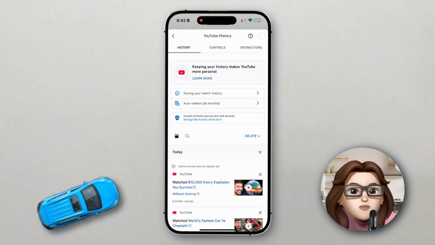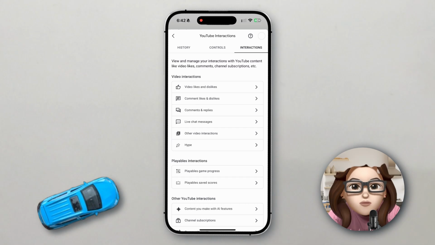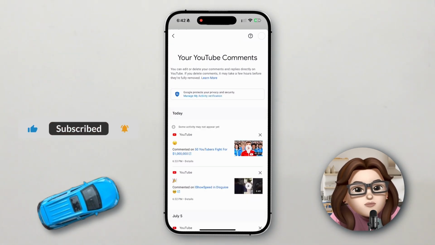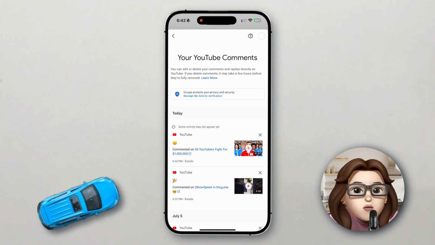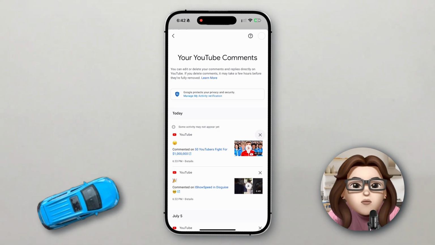Tap the Interactions tab at the top right, then scroll down and tap on Comments and Replies. You'll now see a list of every comment you've made on YouTube. To delete them, just tap the small X next to each comment. There's no single button to delete everything at once, but it's quick and easy to go down the list and